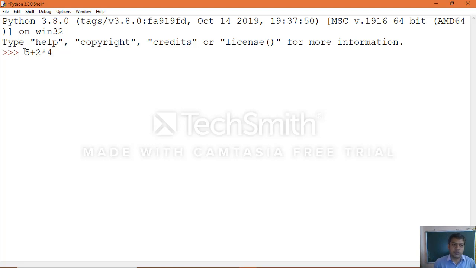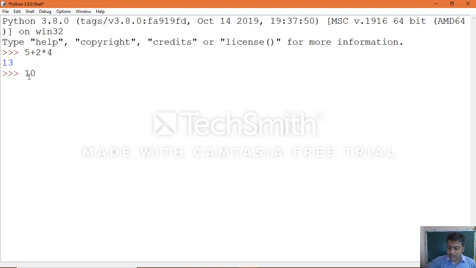Whatever expression you provide, it gives you the end result directly. Let's see, 5 plus 2 into 4, so we got 13. Manually, first 2 into 4 is calculated, which becomes 8. Then in the next step 5 plus 8 is calculated, and then you get the result. But the computer directly gives you the result.